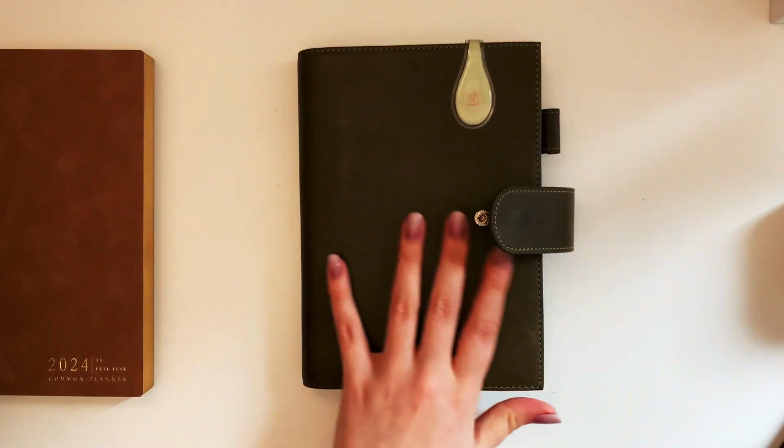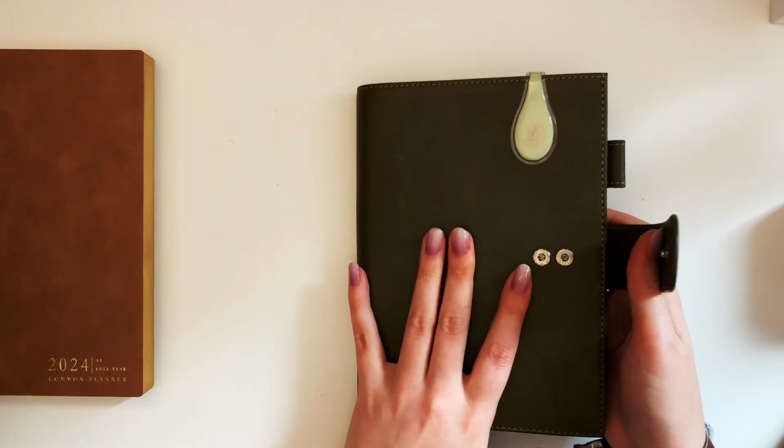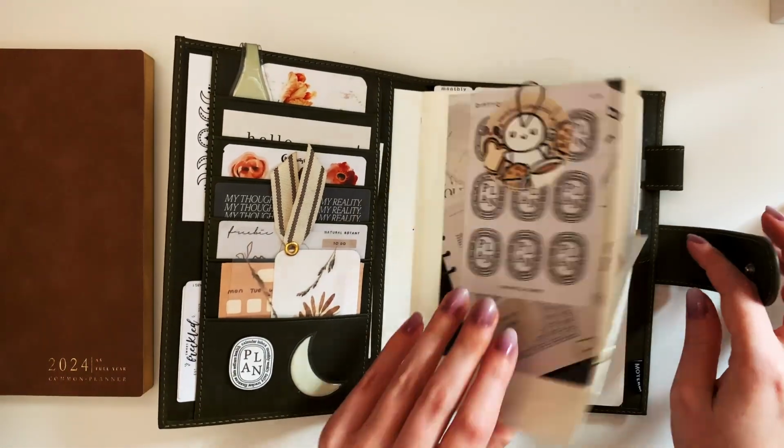And then we have another size that I'm going to talk about that is very exciting, I would say, which is the B6. This is a planner that I tried this year for the first time. This is an undated Common Planner,